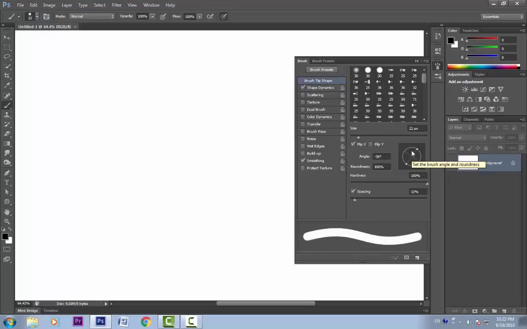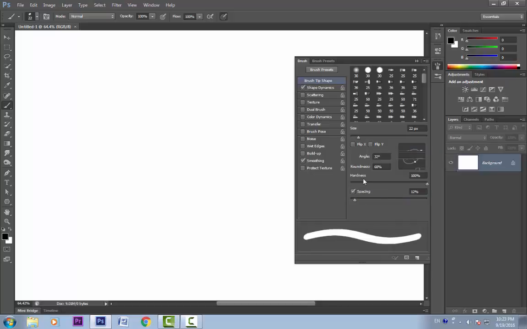Here we have kind of a circular diagram of the brush. This can be squished by dragging these little dots. You can see the live update here. We can squish, or with this arrow we can rotate the tip of our brush like so. Now when I rotate it, you can see that this angle changes, and when I squish it, the roundness of the brush changes. We can also flip this angle. If I check it, see the change? The angle is flipped. We can also change the y-axis.